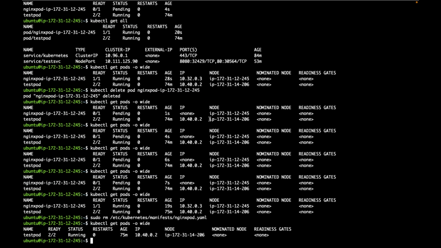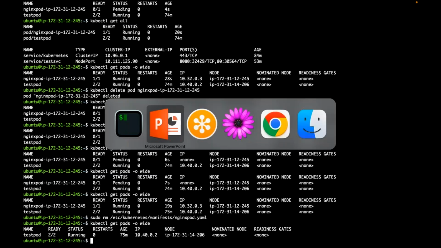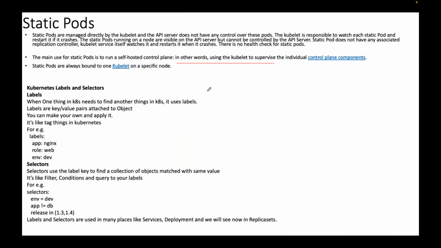But instead of deploying pods directly, can I use controllers like a ReplicationController, ReplicaSet, or DaemonSet, so that those controllers will deploy and manage your pods? Yes. Is everyone clear on what a static pod is? Sometimes in interviews they also ask what static pods are and how they work. What is the whole purpose of a static pod? Is everyone clear?